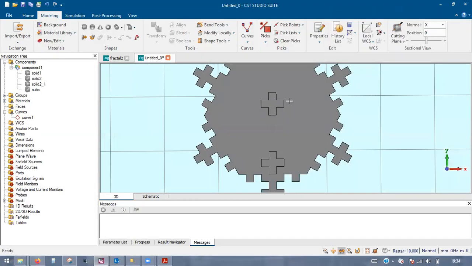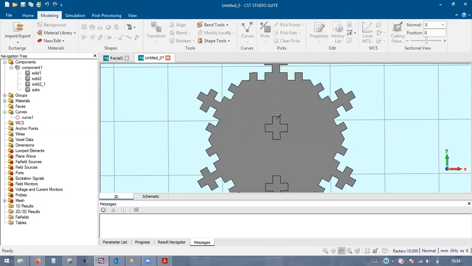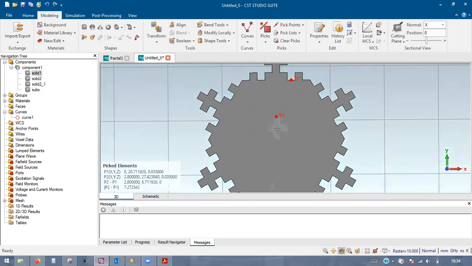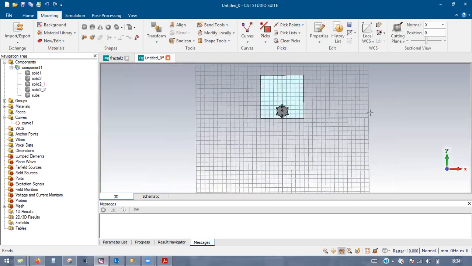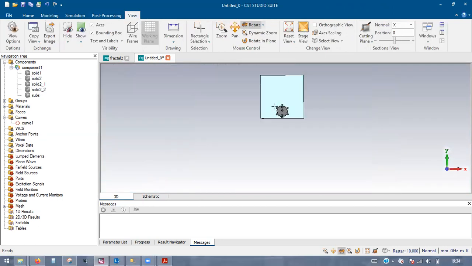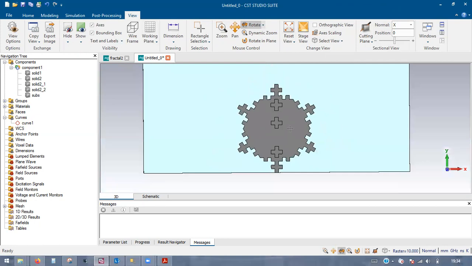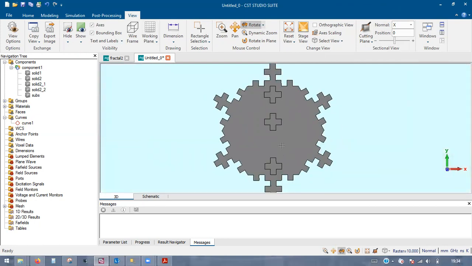So the same on the top side also we need to create. For that, you have to select first the top point. Again, this one. Then select your structure. Don't unselect this because we just need it along the y-axis. So for the x-axis, you don't want any change, so make it 0. A copy of it. Click on OK. So yeah, now you can see these two are created. Now we have to create along this axis also.